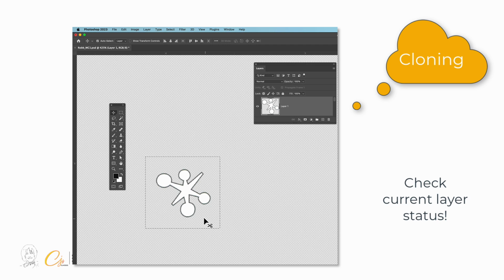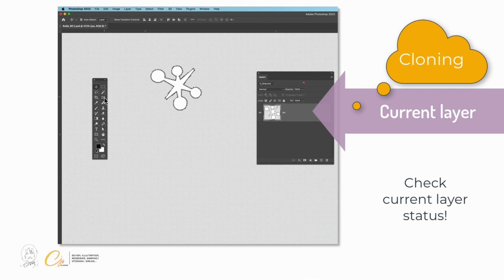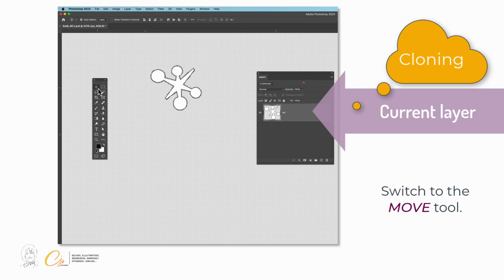Once you see the marching ants around the selected pixels, check to make sure the layer where the pixels are located is the current layer. The next step is to switch to the Move tool. This is the tool that looks like a plus sign on the main toolbar and is located on the top